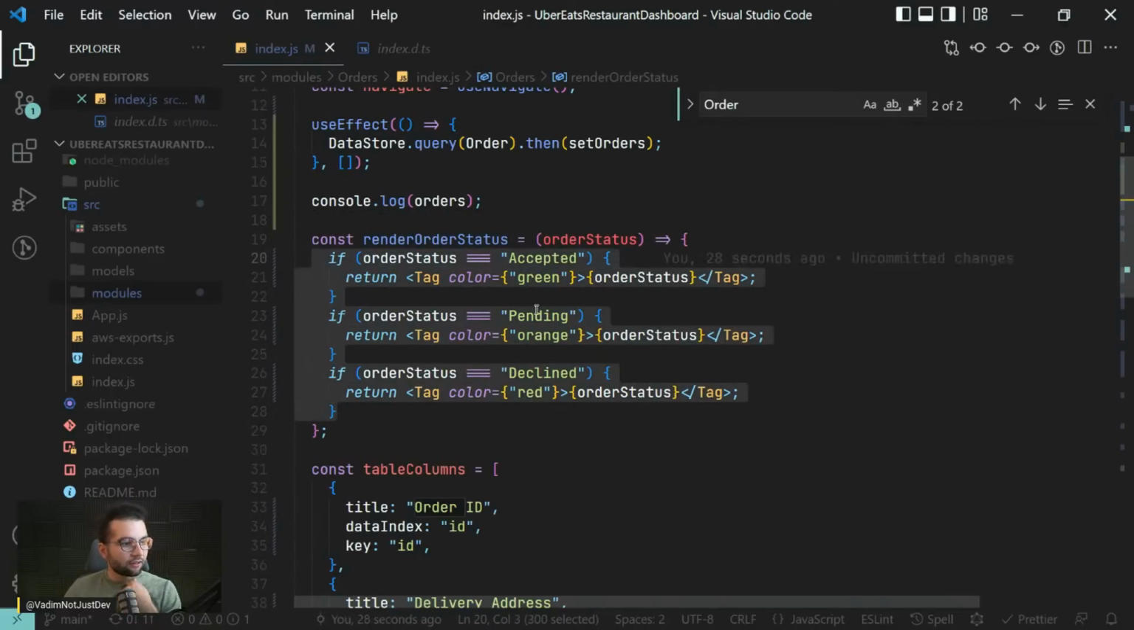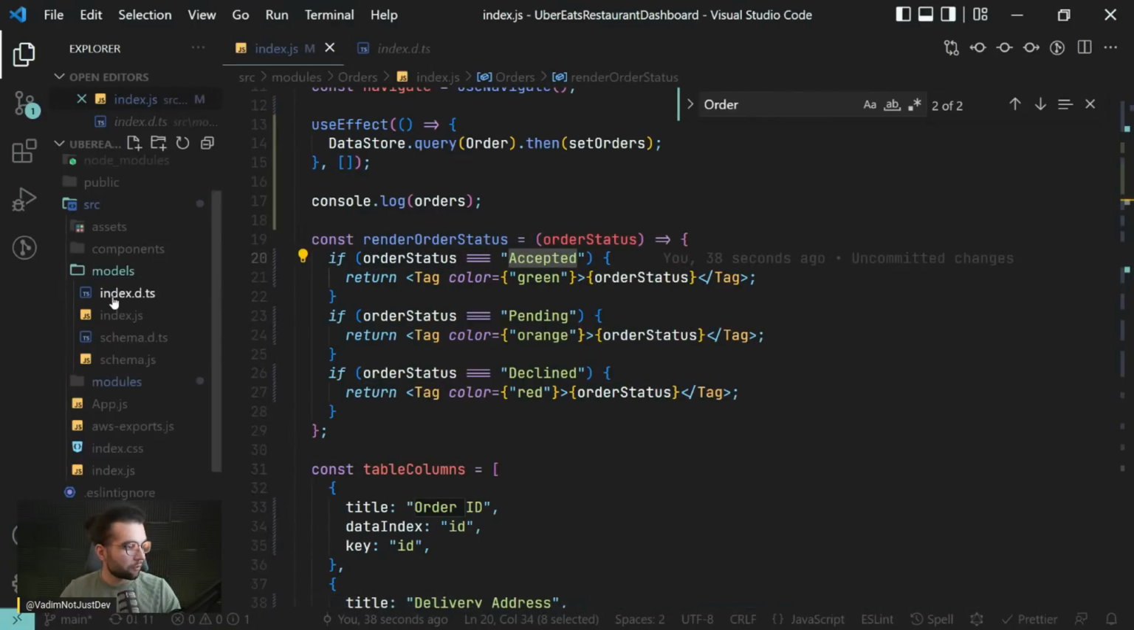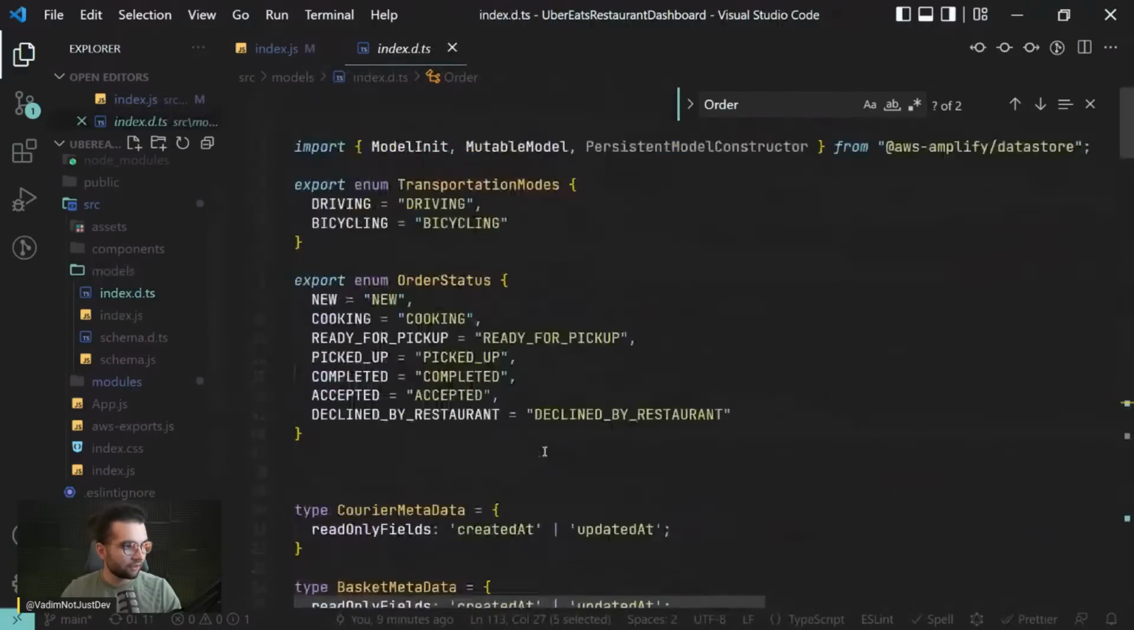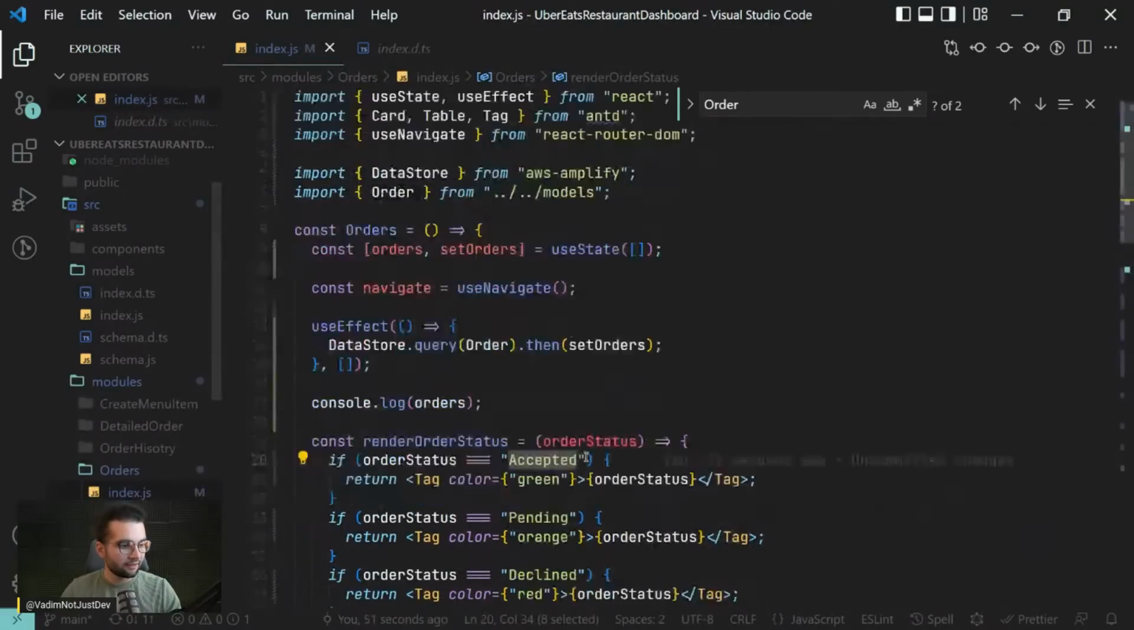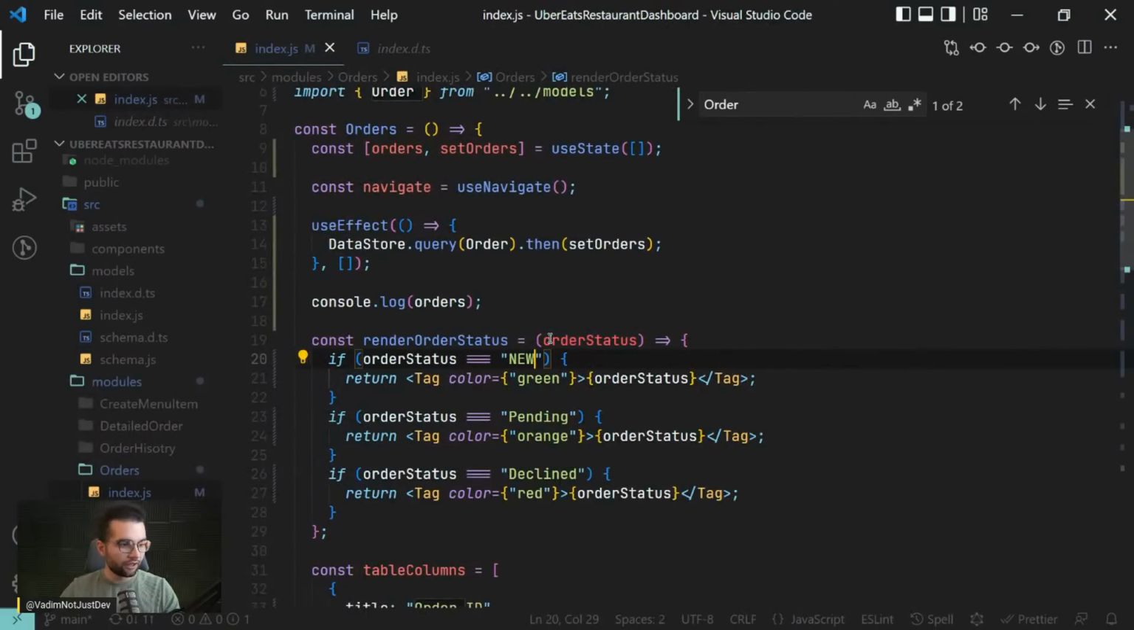As I see here, depending on the order status, if it is accepted, pending, declined, or so on, the problem is actually with the statuses, because we don't have accepted. If we look in our models index.ts at the top, here are our order statuses. We have new, for example, so we can say new here,